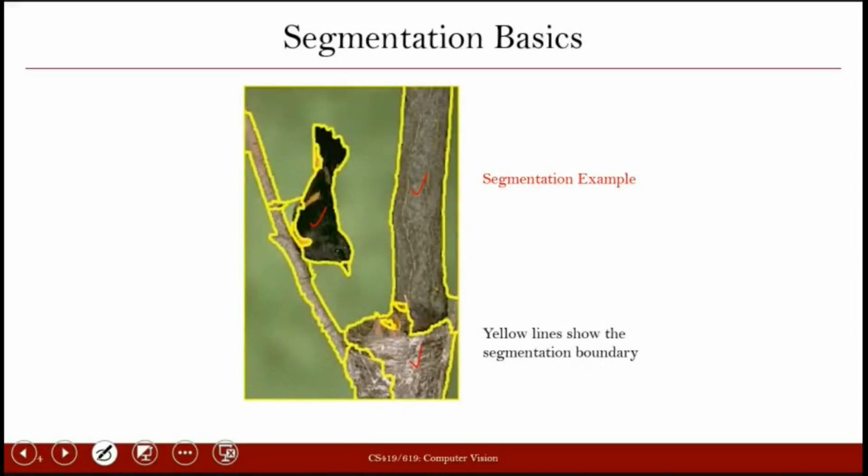For example, one of the tasks that we can perform here is object recognition. We have segmented the image into different parts, and considering that, let's say, each part represents an object, we can find out what that particular object or segment represents. So once we have the segmentation, we have a more meaningful representation of the image, and this can be further explored and used in various applications. That is why we are interested in performing segmentation on images.